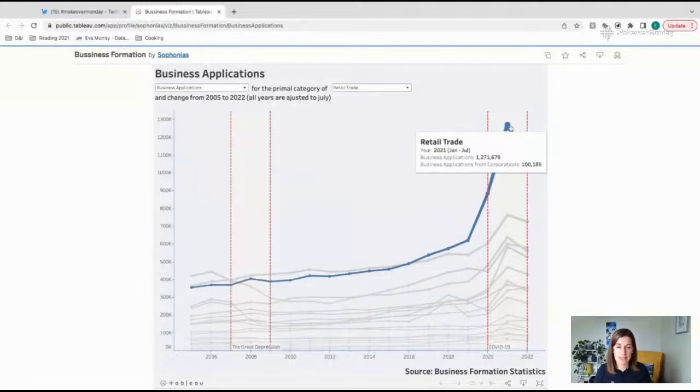So I can see there's a spike. I want to know why, or I want to know what happened. And what you don't need is to make the line thicker as the value is higher on the y-axis, because it's already going up. So you're double encoding the data, and you don't need to do that. Let's keep them all the same thickness. I can see the spike already, and I really like those reference bands for COVID and for the Great Depression, and that gives me a really good reference point for what's going on.